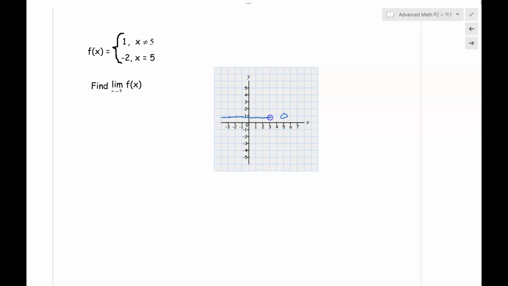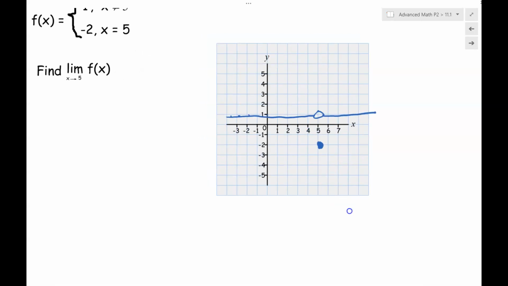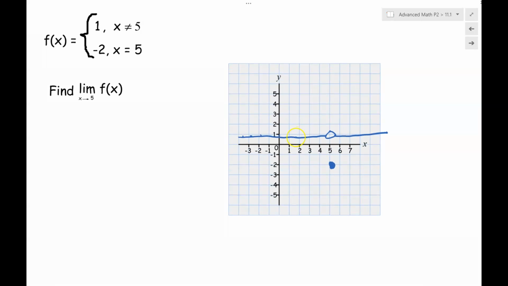There would be an open circle. And then here, it would go on. But I'm -2 at 5, so here is my point. Okay? All right. So, how am I going to figure this out? Well, let's think about what this is asking. It's saying, find the limit as x approaches 5. So if you go back to my beginning problem and think of little guys walking closer and closer to 5,